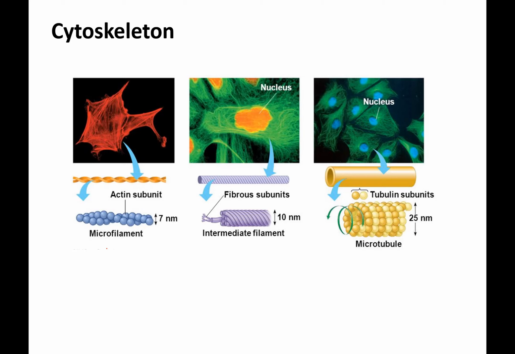So we said the microfilaments, and these are also called actin filaments because that is the protein that makes up the microfilaments. We have intermediate filaments. These are really specific to different cell types. They're very stable,